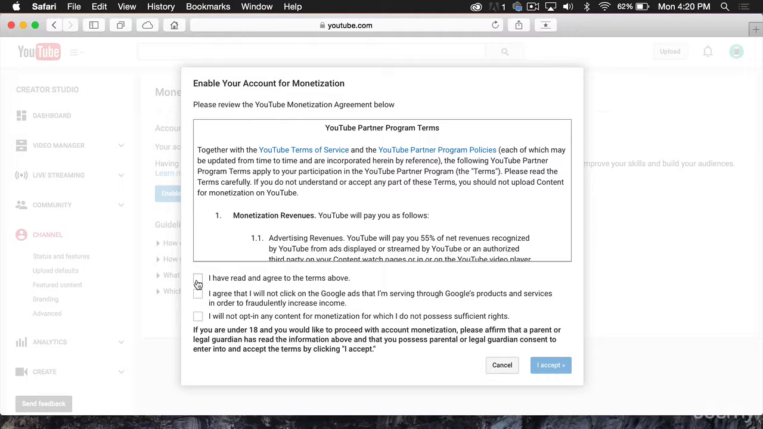You have to agree to the terms and conditions. Some rules you should know off the bat is that you cannot click on your own Google ads. You will get kicked out of the program if you do that. So do not click your own ads on your own videos. And also you agree to not post any content that you do not possess sufficient rights for. So keep those in mind,